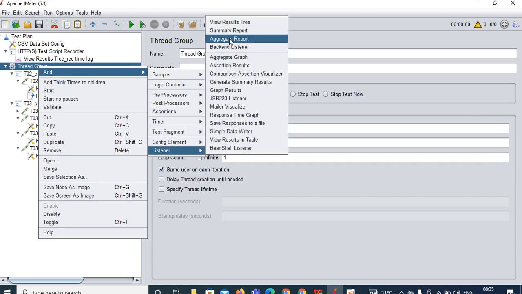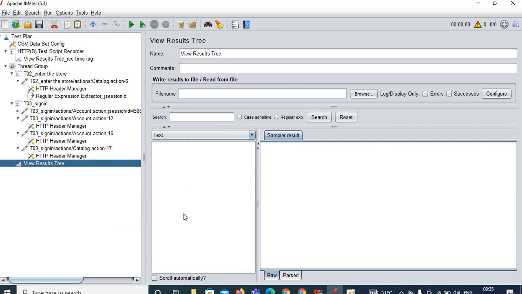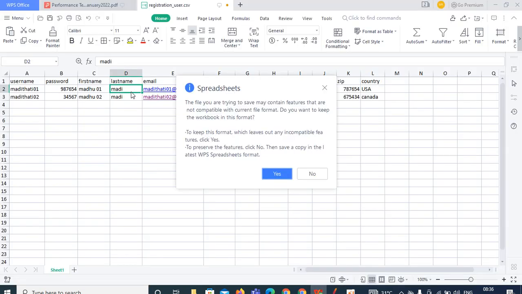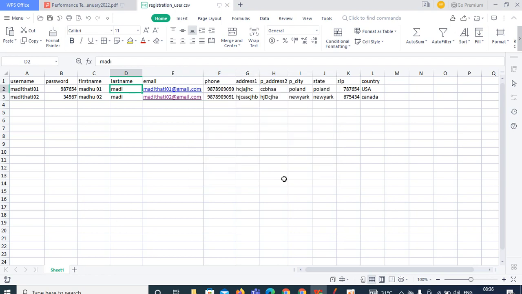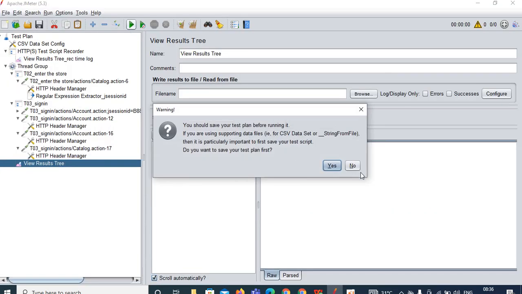We should know whether we are getting pass transaction or failure transaction, what exactly we are getting. So that's why I have added view results tree. Now you just click on the play button, that's all. Before clicking on the play button, just save this one. Then go and click on the play button. Okay, it is